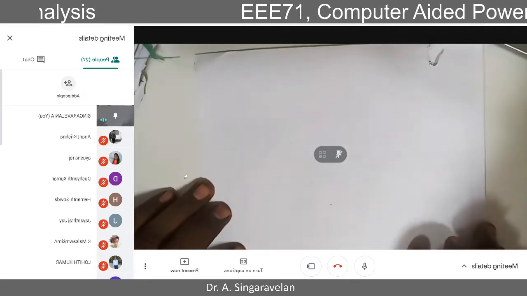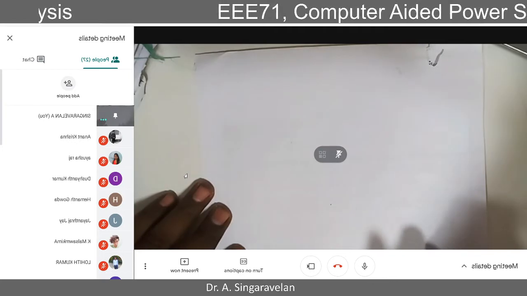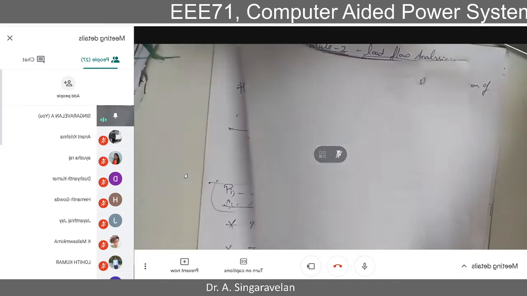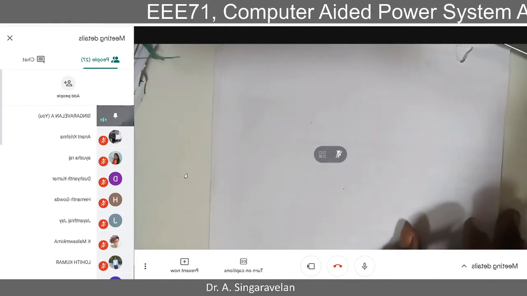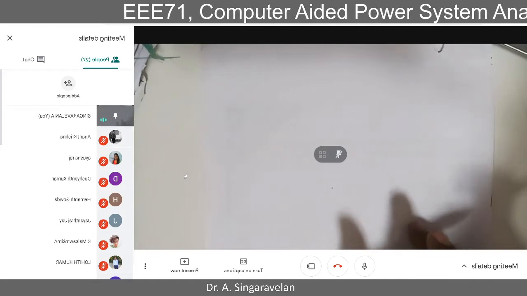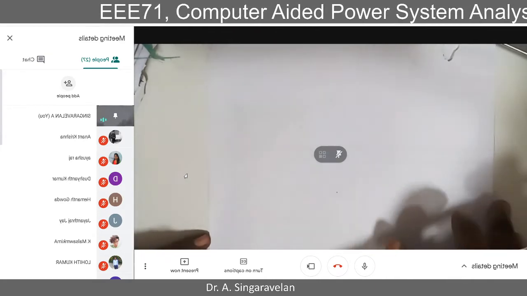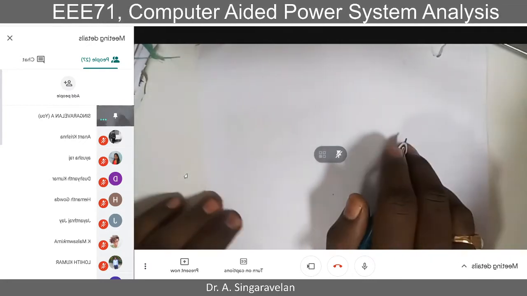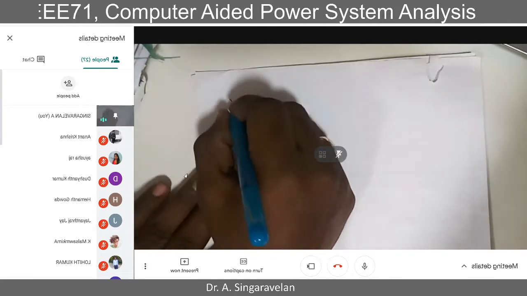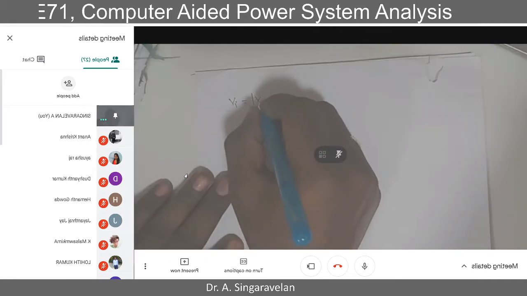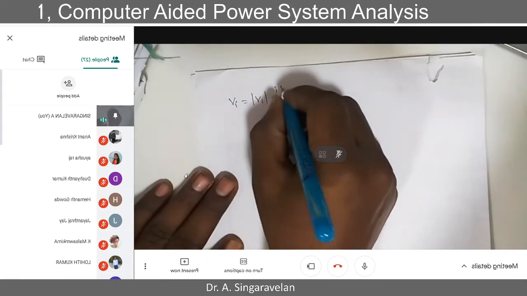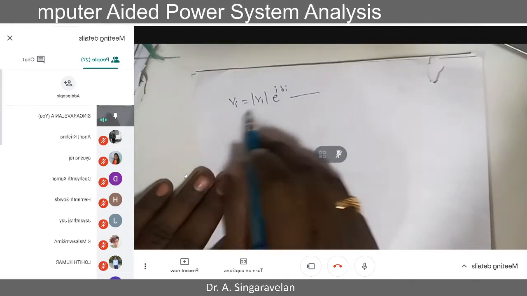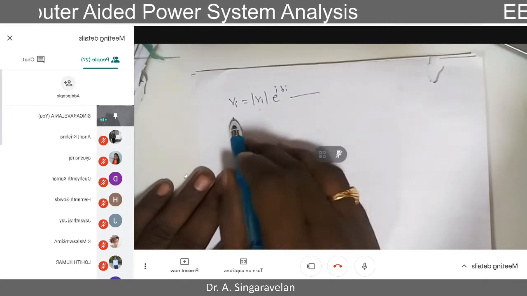For any equation, I can express that equation as a phasor equation. Say for example, these are all phasor equations. If I want the same phasor equation, I can still make it in polar form or rectangular form also. That is very basic. We have solved maybe hundreds of problems on that. So this Vi I can write as the magnitude of Vi at angle delta i. So it is nothing but the voltage with angle. I split this voltage and included the imaginary part of this voltage also.